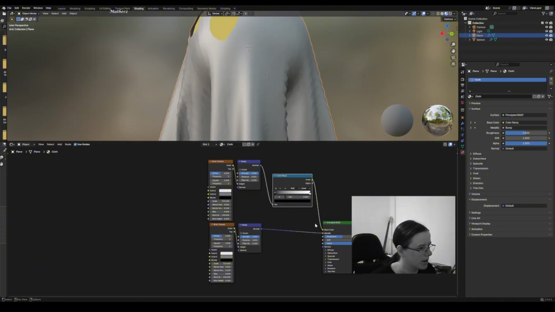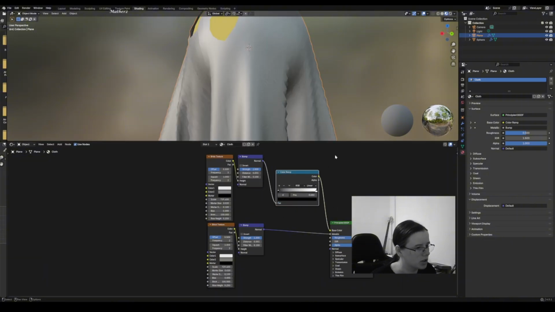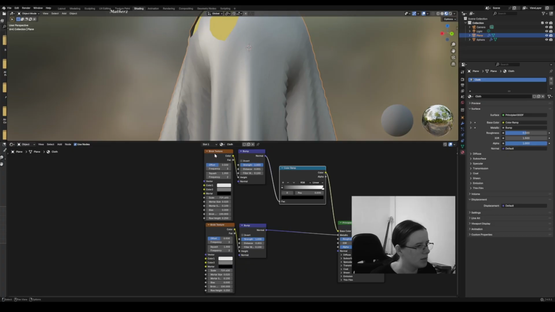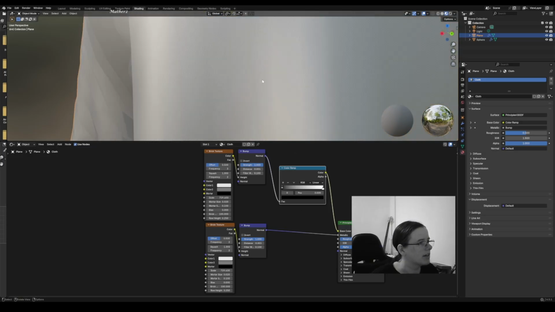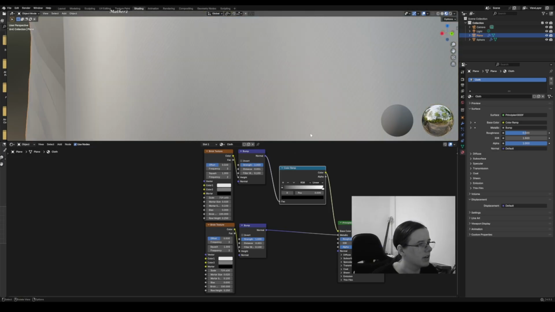Just at the top one here. So this is the layout that you should have. We've got brick texture, bump, colour ramp, which goes into base colour. Brick texture, bump, and then one that goes into metallic or roughness, depending on what you want. So we can now see that we've got these nice little stripes going on, and that should be picked up